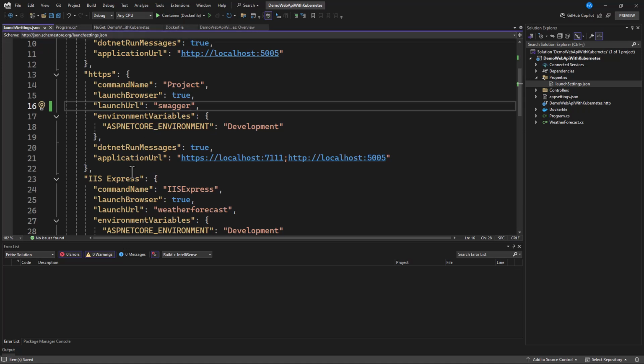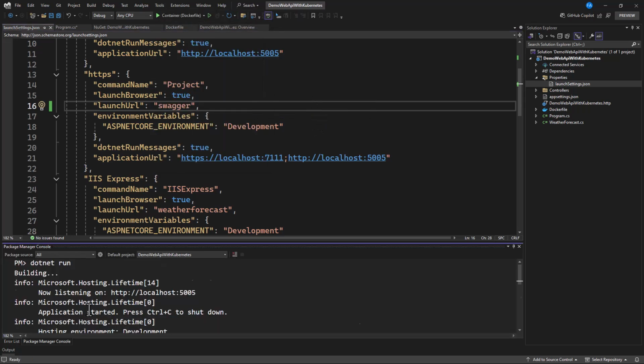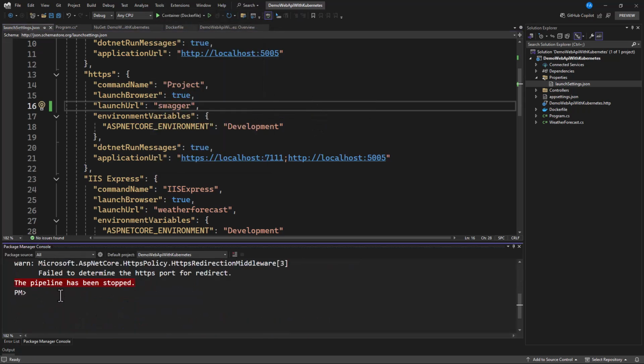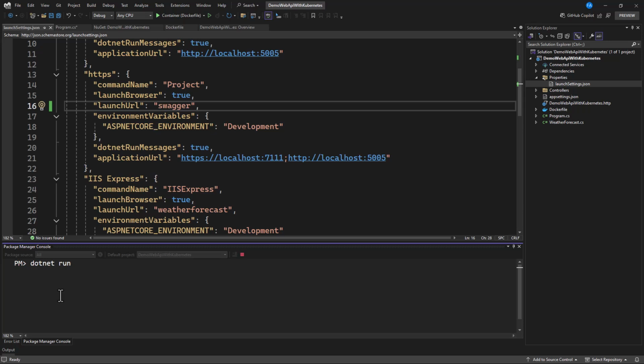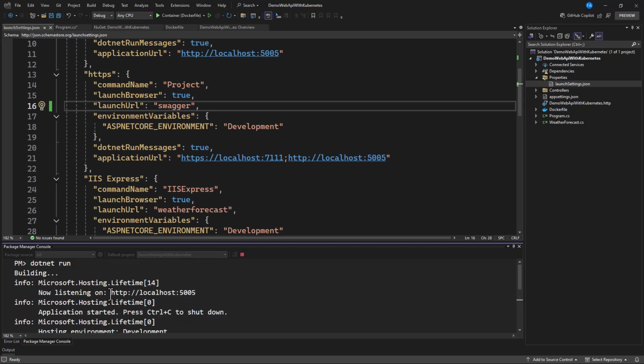So we go to our tools, then NuGet Package Manager, the console, and in here let's run dotnet run again. Now this is ready, running on the same port, 5005.